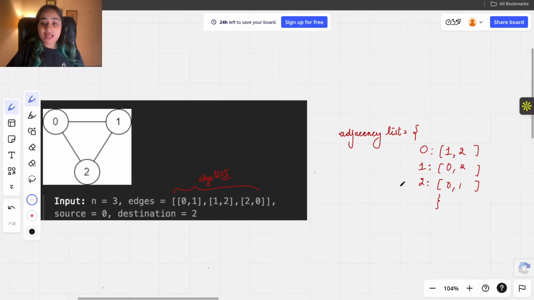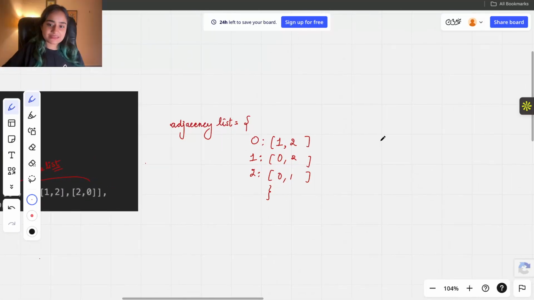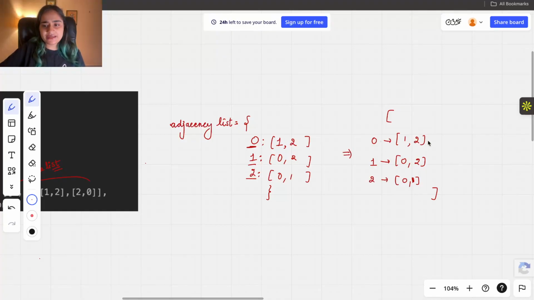But if you remember, I told you that this adjacency list can be converted into this. You know why? Because our nodes are 0, 1 and 2, and that is basically the index 0, 1 and 2. These are the indexes.